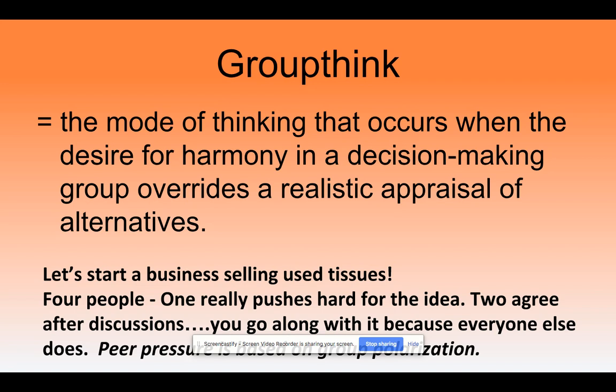So peer pressure is based on group polarization. They talk about peer pressure to drink or peer pressure to do certain behaviors that might not be healthy, whatever it happens to be. And truly, groupthink is the basis for peer pressure because no one offers an alternative to what the action is, even though some folks in the group might think this is wrong or there's a better thing out there.